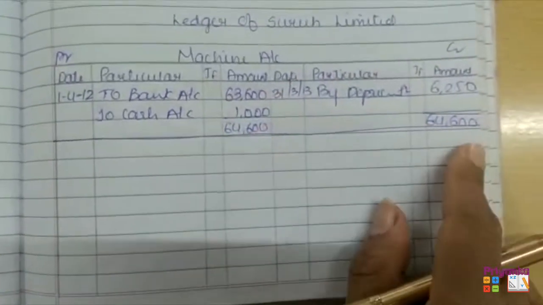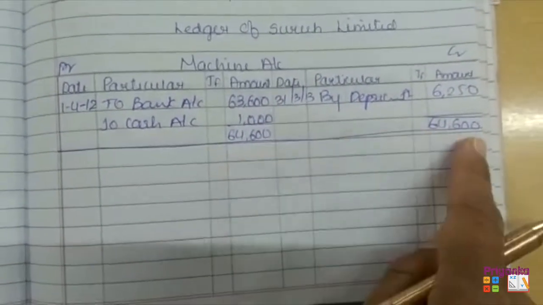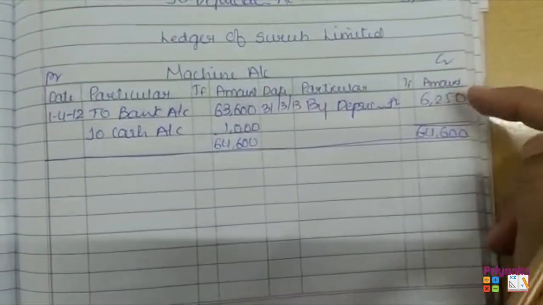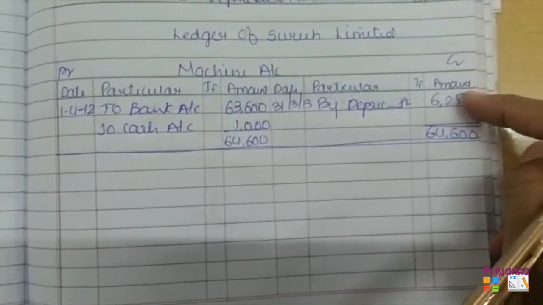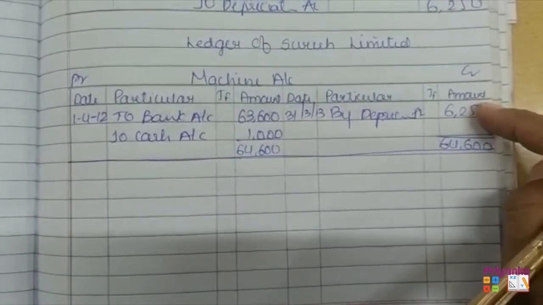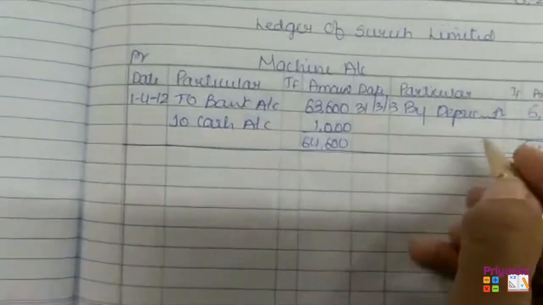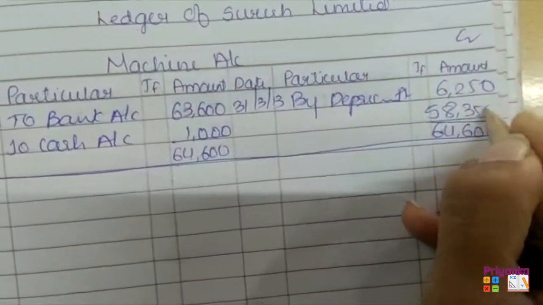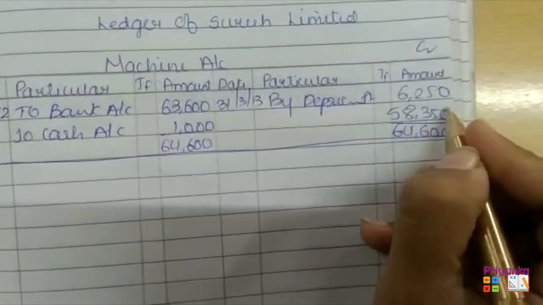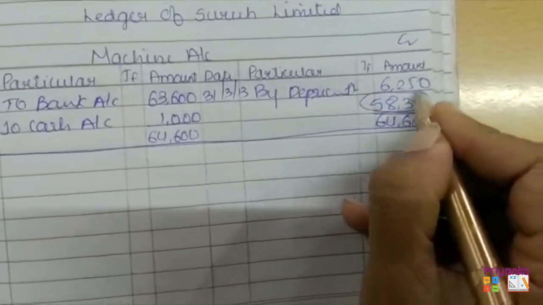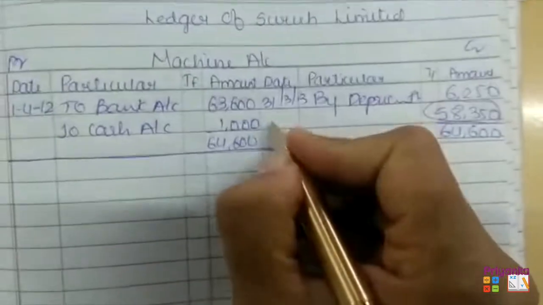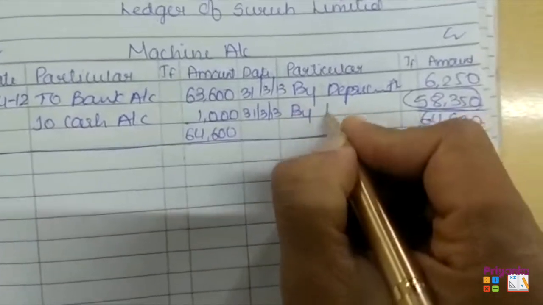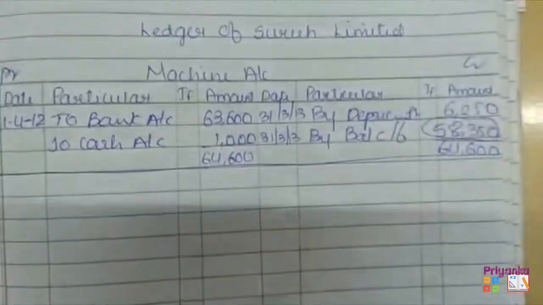The value which is higher is the one that comes, which we do every time in an account to tally both sides. After tallying, the side whose amount is less, we subtract it, and we will find out the difference of it, that is 58,350. So that's the difference we found, and we'll circle it to highlight that that is the closing balance. So again we'll write down 31st March 2013 and here we'll declare it as balance carried forward.